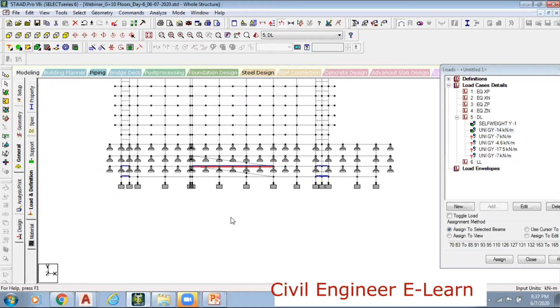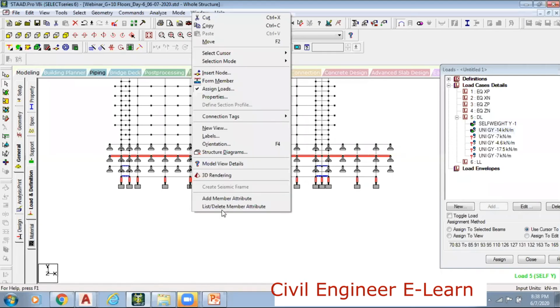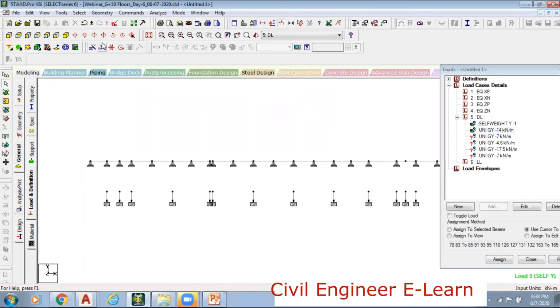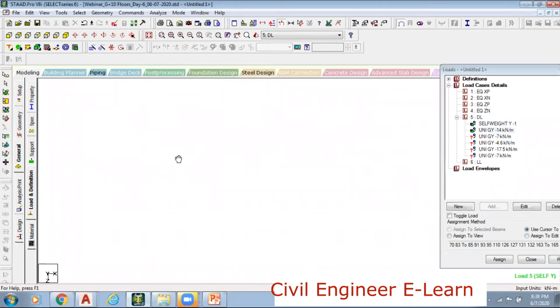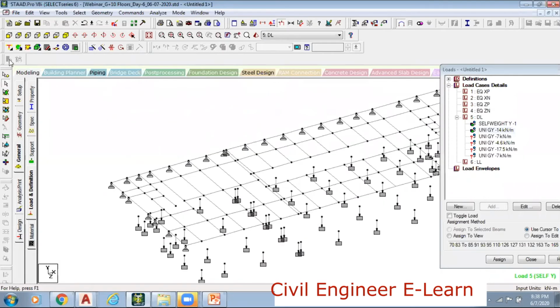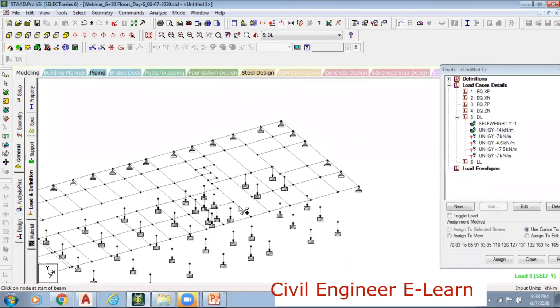I'll go and add the loads here somewhere. And I'll select these columns also. Plan view. We know it. We have to add the same beam here. Let's add the beam here. We have to add the same beam here. And I have to add one more beam here.